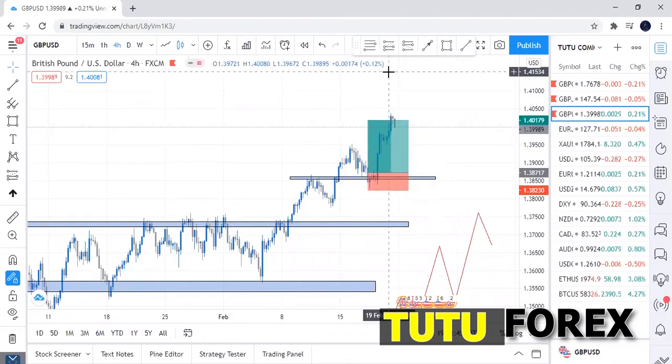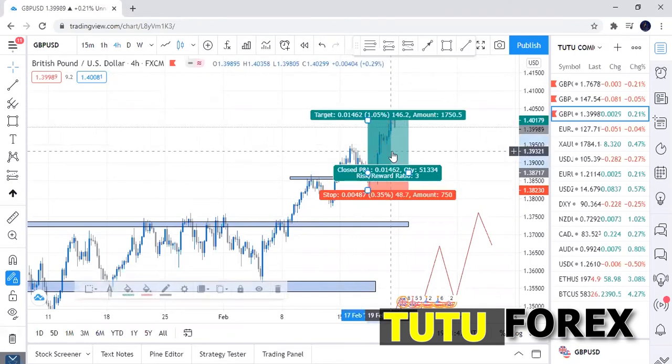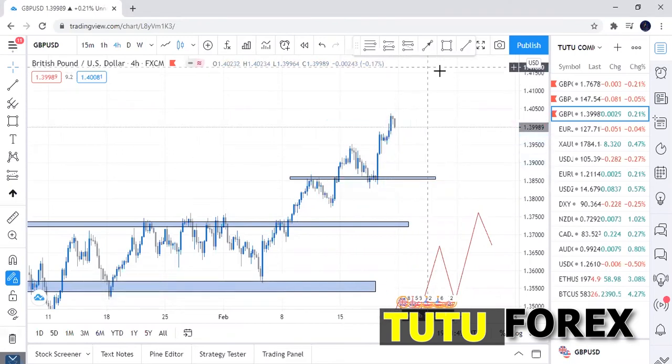You wait. This is our key level. I told you guys this is our key level here, this point that price came to retest. We didn't take part in this trade because price didn't come to this level. It stopped here. So had price come to this level here,